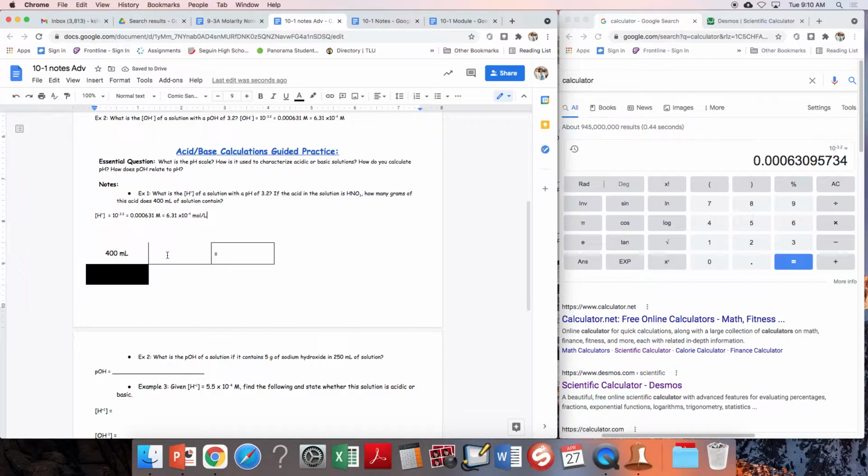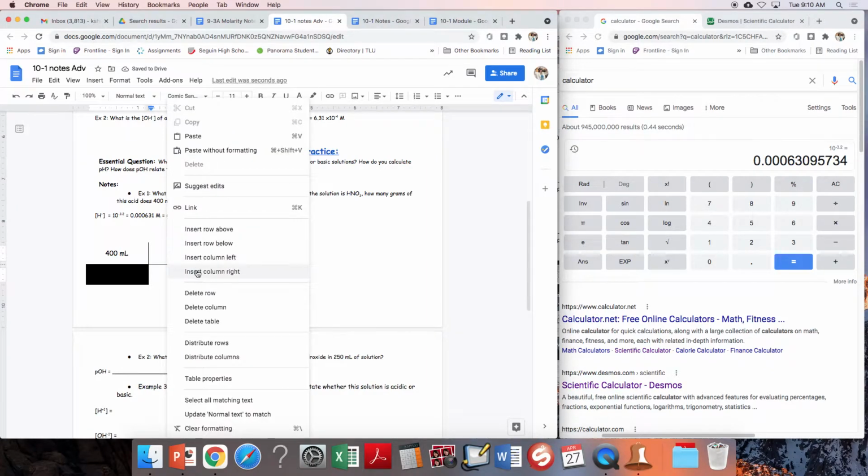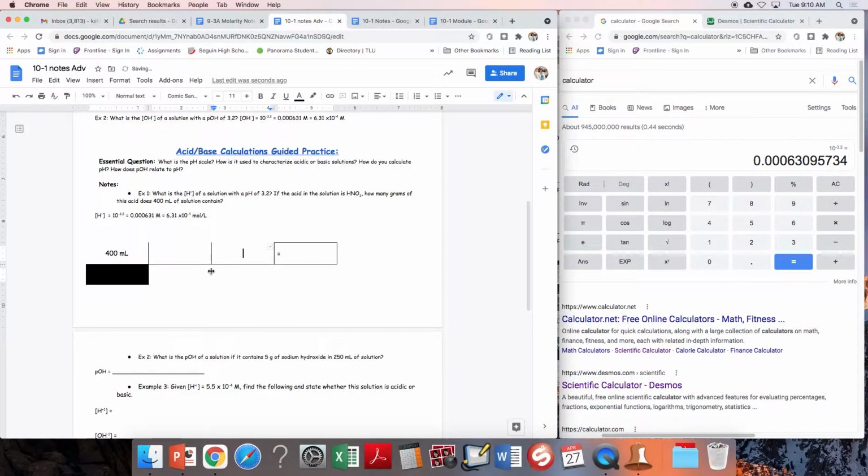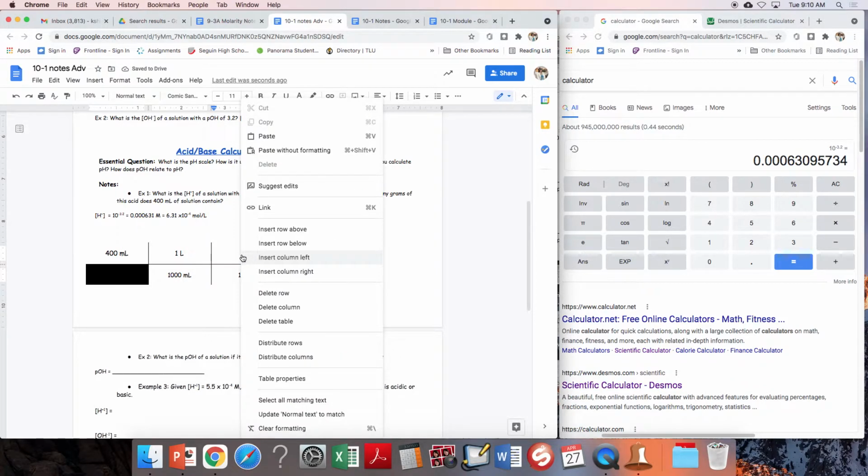So I'm going to need a couple more spaces. So if I got milliliters here, I need milliliters here. We know there's 1,000 milliliters in a liter. And molarity, remember, is moles per liter. So we know that 1 liter of my solution contains